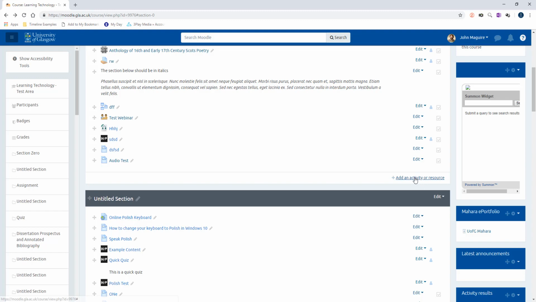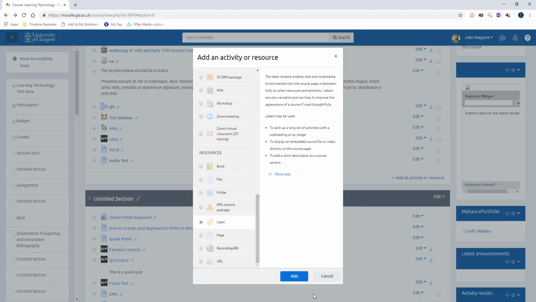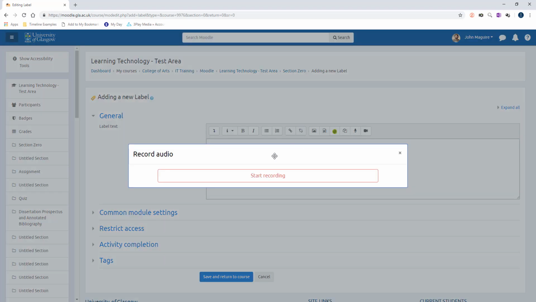So the other option might be to add a label. And a label is just a piece of information that appears on your course page. So in this occasion, what I'm going to do is I'm going to use this as an introduction. So if I hit start recording,